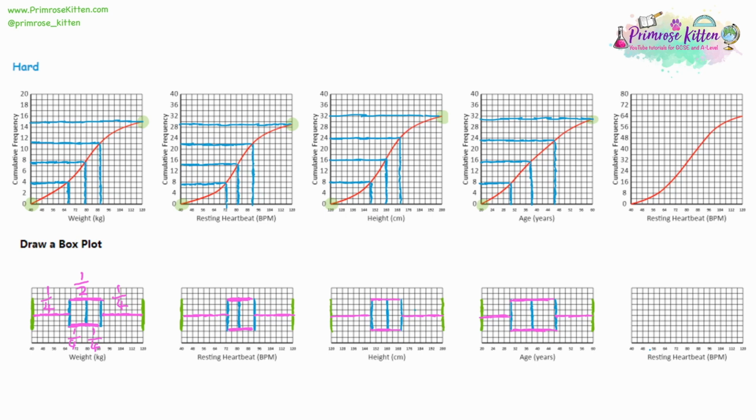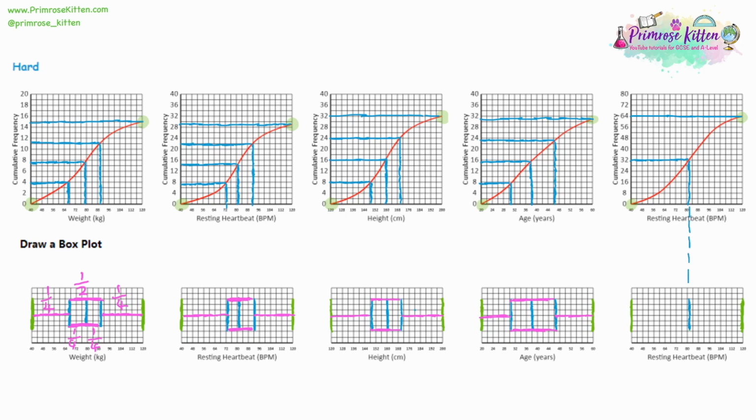Now the final question. So again, look at the minimum and maximum values. So 40 is the minimum, 120 the maximum. So add those on to the box plot. Then we need to find the median. So we need to find how many people we're dealing with here. The first thing is to find out what 100% of the people would look like. And looking across, it looks like we have 64 people. So with the total of 64, the median will be at 32. Draw a line across, a line down when you hit the red line. And it looks like it's about 82. Bring it down, draw your line at around about 82.